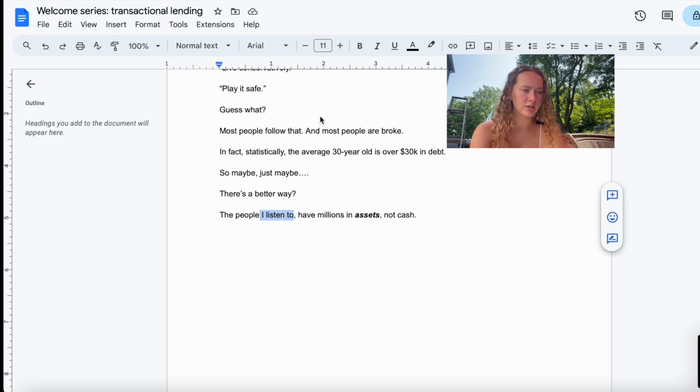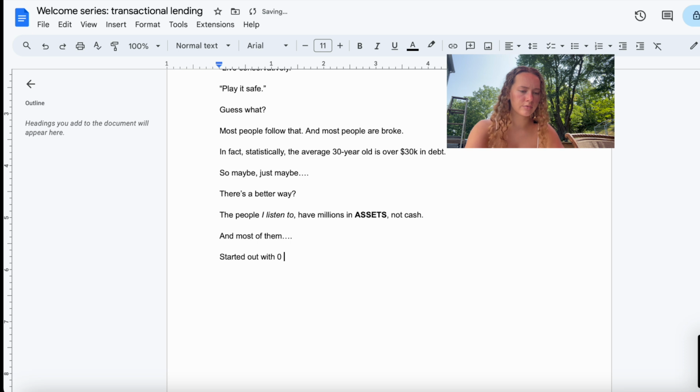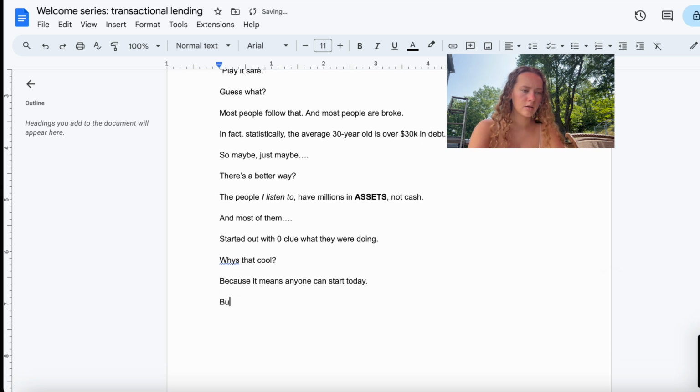The people I listen to actually want this to be in italics. And we want this to be in all caps. And most of them started out, now we're addressing the knowledge, with zero clue what they were doing. Why is that cool? Because it means anyone can start today. In fact, actually, maybe,